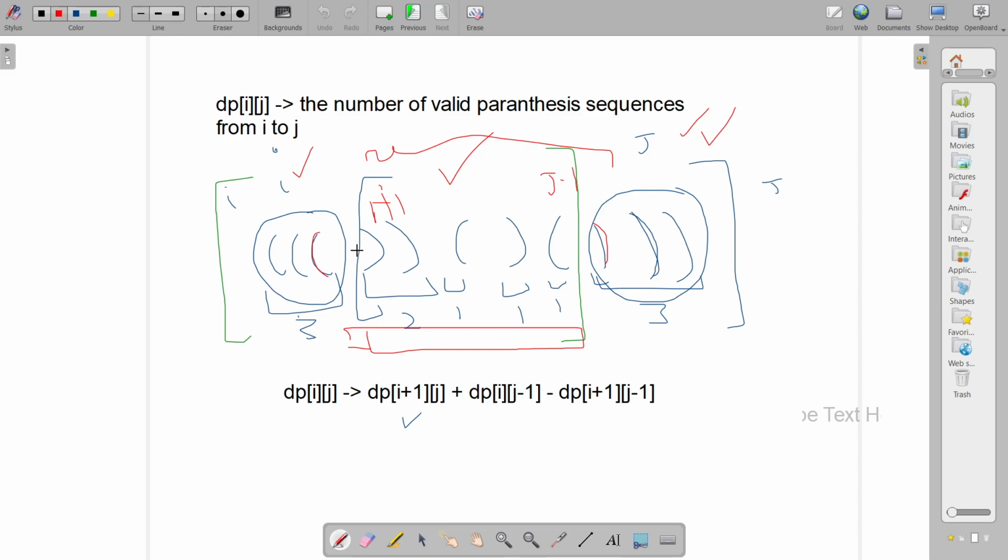So how many minimum number of opening brackets do I need to provide such that the sequence is a valid sequence? So I would basically have AP of i plus 1, j minus 1, which would come out to be minus 1 minus 2, which would come out to be minus 2 in this case. That means that I need to supply at least two opening brackets.